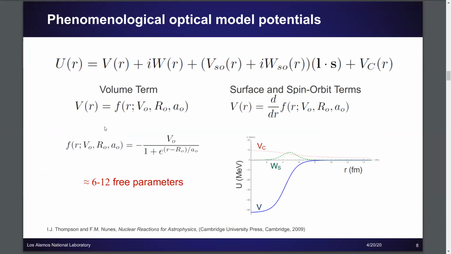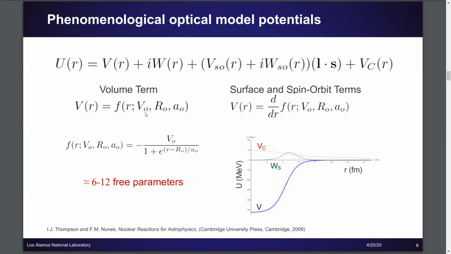And so then the potentials we're interested in studying, this is again where most of the uncertainties we've been looking at are coming from, are these phenomenological optical model potentials. Generally they have a real part and an imaginary term, which takes into account any loss of flux from channels that aren't explicitly in your reaction model. It consists of volume, surface, and spin orbit terms, where the volume term is typically parameterized as a Woods-Saxon that has 3 free parameters: a depth, a radius, and a diffuseness. And then the surface and spin orbit terms are typically derivatives of Woods-Saxons.